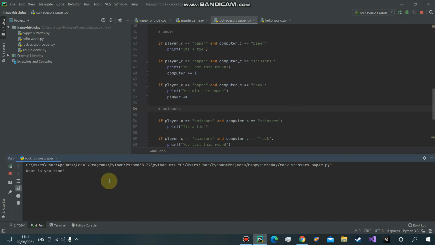Now I just wanted to show you. Here it's a tie, you see. It means that the computer